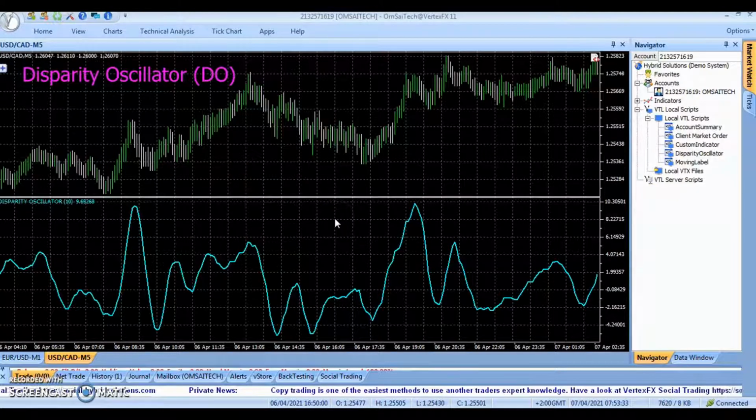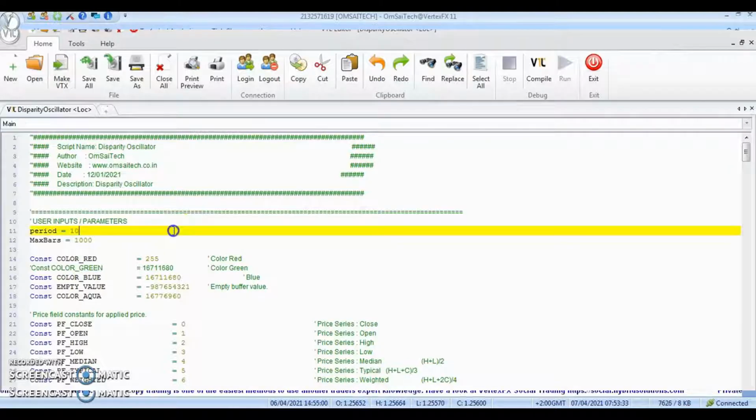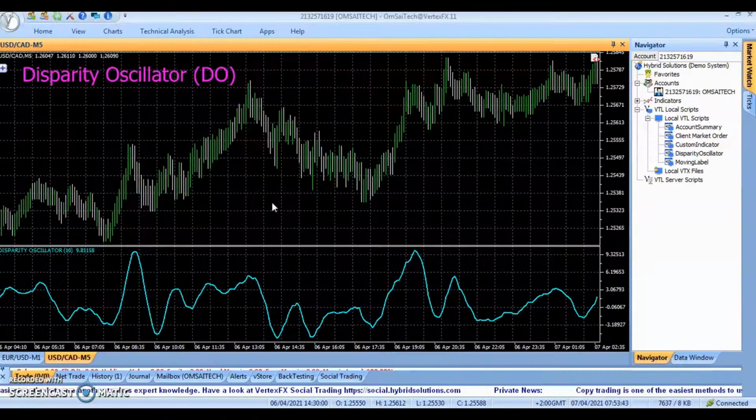When the script is attached to the chart, in the first step we calculate the disparity period, which is 1.5 times the input period parameter, rounded to the nearest integral value. The bar that is disparity period candles prior to the current candle is termed the anchor bar.